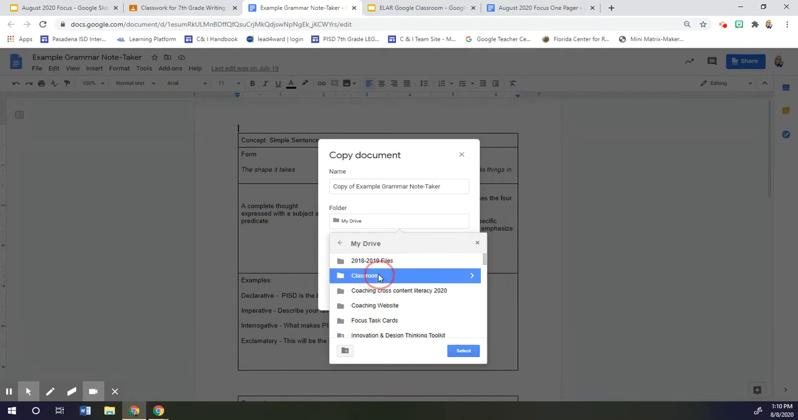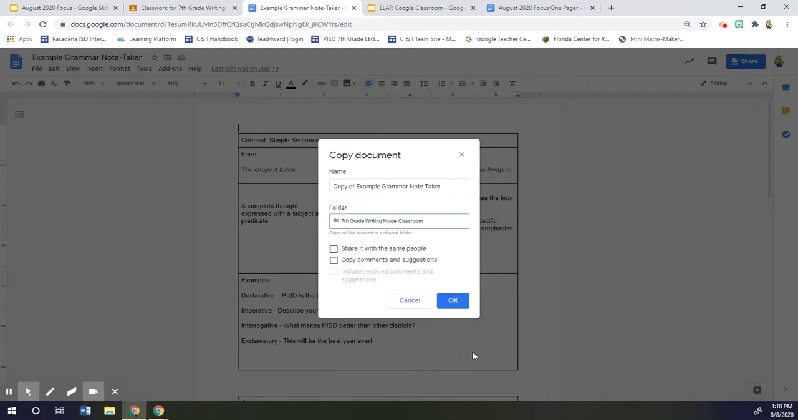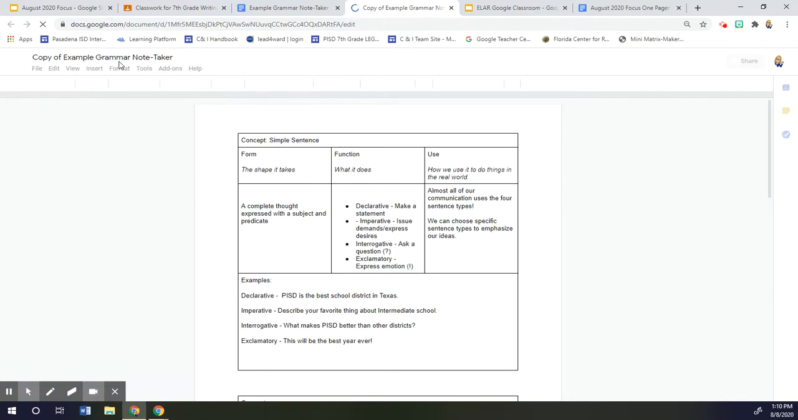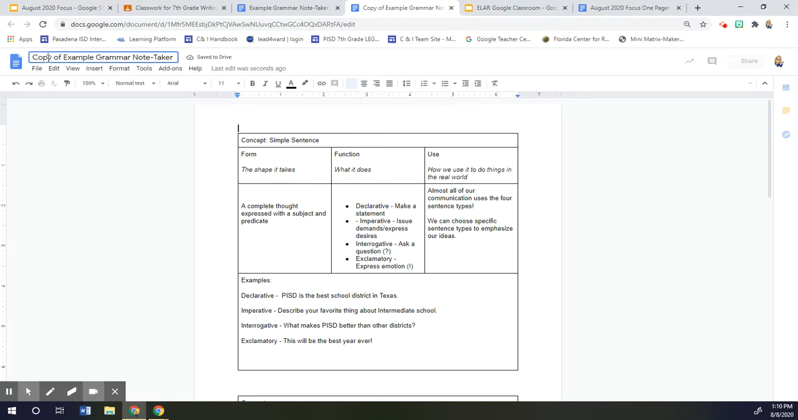So you could do like, if you have a Google Classroom folder, and then you could drop it in your Google Classroom folder, and I'll pick that one. I'm going to drop it right in there. If I'm sharing with people, I might as well click it now instead of changing settings later and say okay. And now I have the copy. So there it is. I'm going to change the title of this